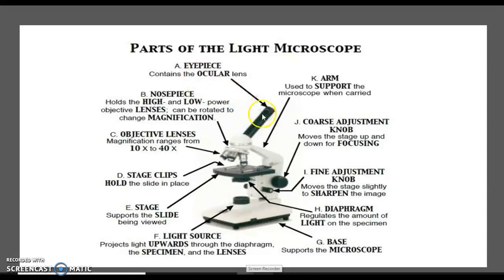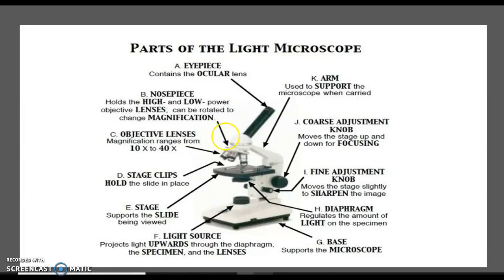A is the eyepiece or the ocular piece, which is what you will look through so you can see your specimen as it sits on this stage, supported by the stage clips that hold it in place. Again, this alone is magnified at 10x. We have the nose piece, which holds the high and low power objective lenses and can be rotated to change